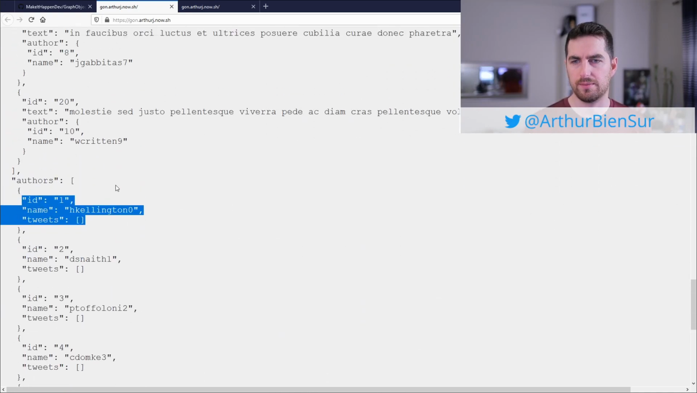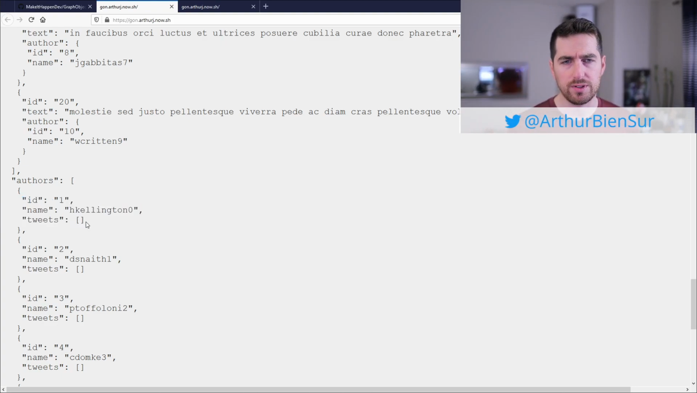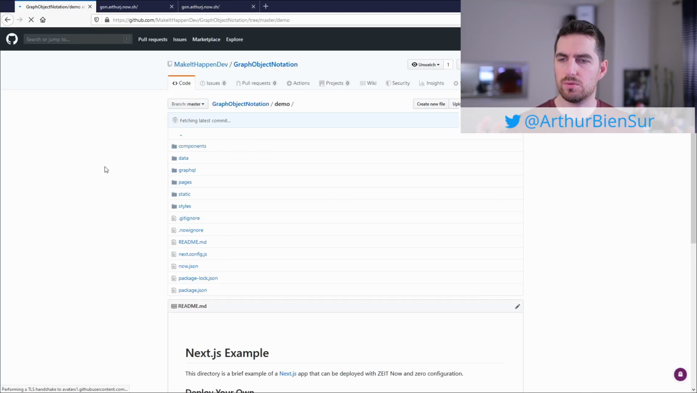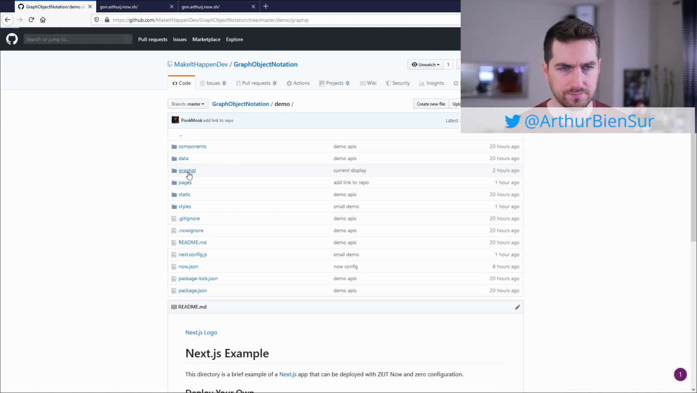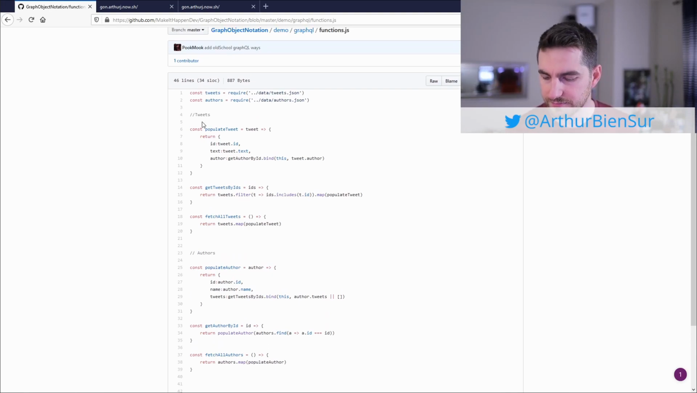So this could be referenced to not repeat that information, because then you will need logic on the front end side that will get those authors and match them with the tweets if you want to do a circular structure, like a graph structure. We'll also see why you don't get tweets here, and the reason is we are using the default GraphQL ways of doing things, which is